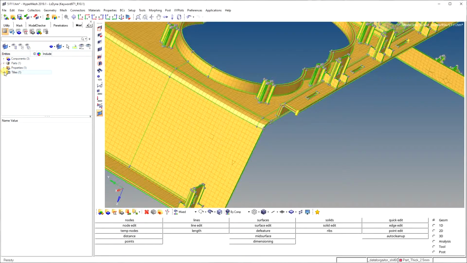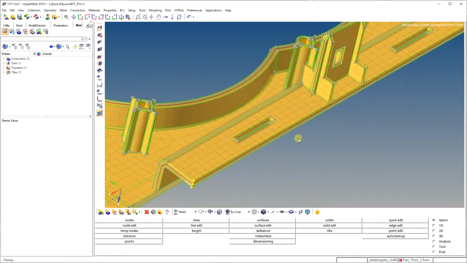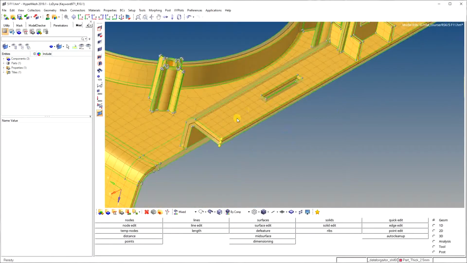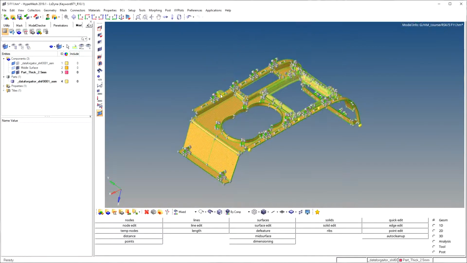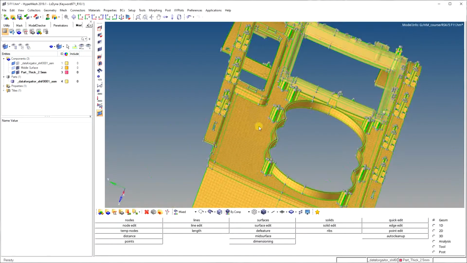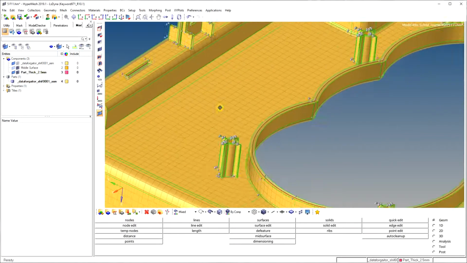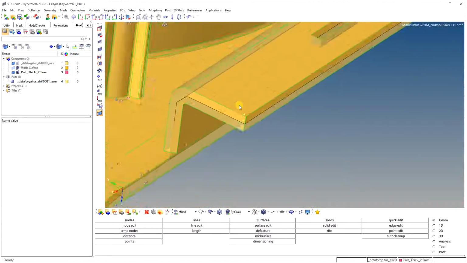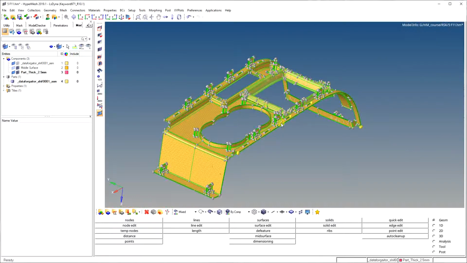Now the elements having the thickness 2.5 mm, or the elements which can have the thickness of 2.5 mm, we have to move to this component, that is part thick 2.5 mm. Everywhere in this component where we are getting the thickness 2.5 mm, we are moving these elements into this part thick 2.5 mm component. Now on this face all elements are of 2.5 mm thickness.